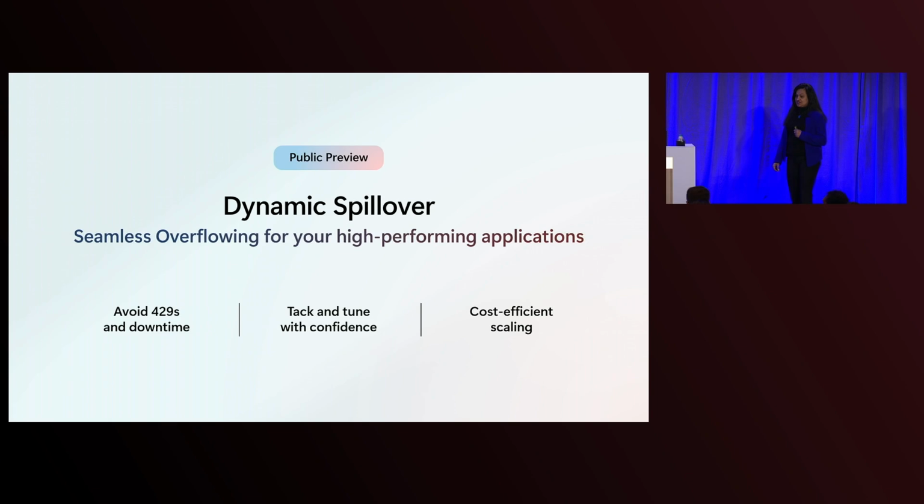Another one of the features that we launched earlier this year in public preview is dynamic spillover. This is something that Steve was mentioning earlier. How can you get the benefits of both standard and provisioned? So imagine that you are on provisioned. I have a particular stable workload that runs on provisioned, but now I have peaks. If I have peaks, I want to serve them either by increasing the PTUs that I buy, so now I have to pay consistently for that hour or the month, or I could spill over to a standard deployment for just those peaks.